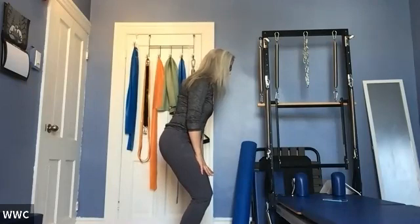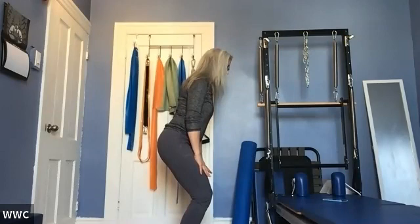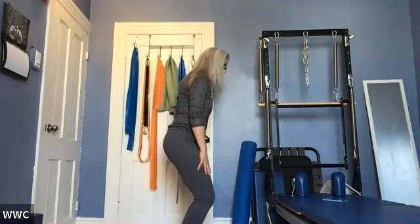And if you're having a hard time getting just that low back to move, a little bit of pressure of your hands into your thighs will help facilitate that. Inhale, imprint, exhale, neutral. One more imprint and neutral. Now, you're going to let go of your legs, stand up a little straighter, keep your knees bent, and we're